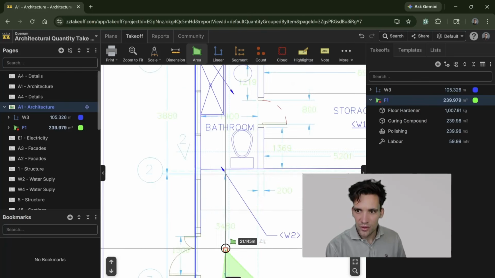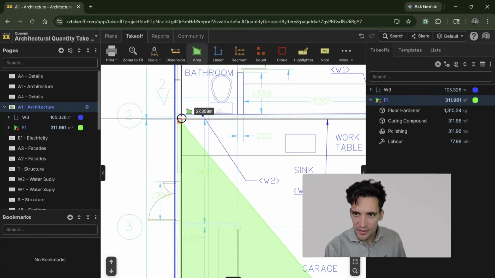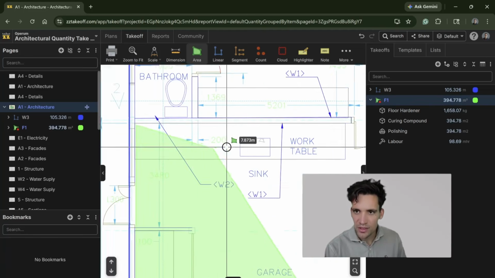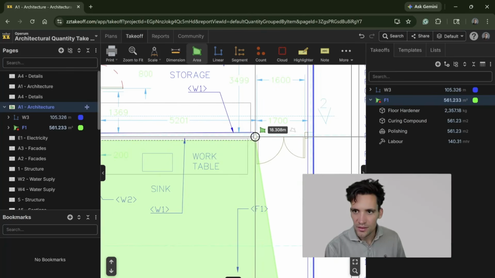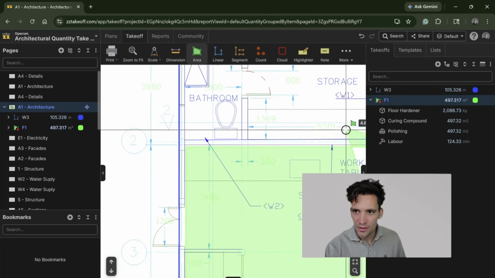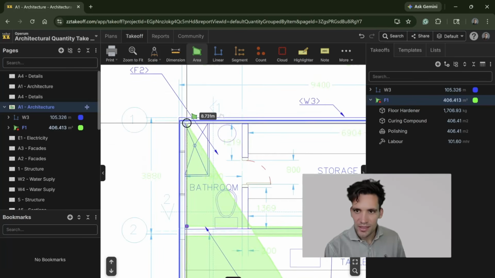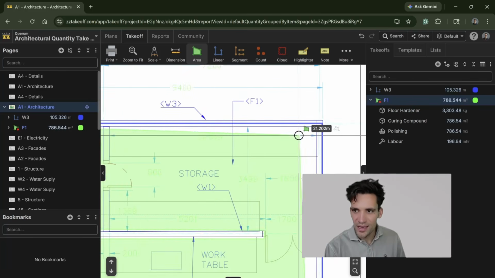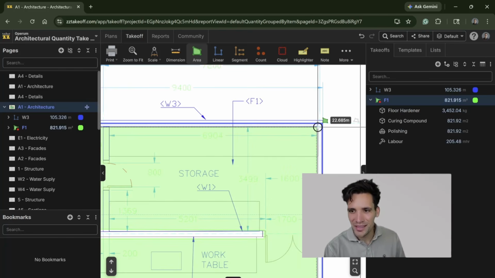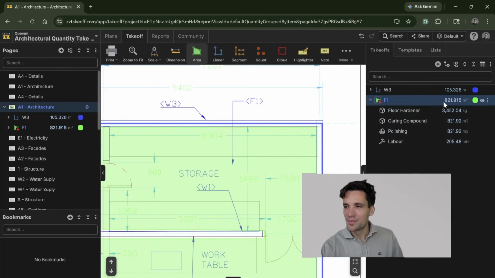the overall area. Again, that's a bench, so we would have... I'm being very precise and actually cutting out the wall. And I don't think that really matters. But then we've got 821 meters squared, which is